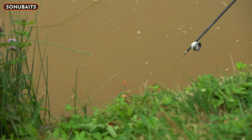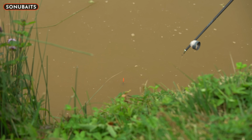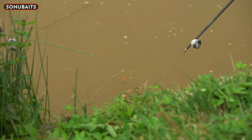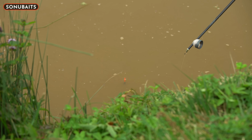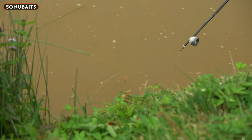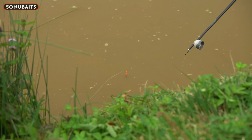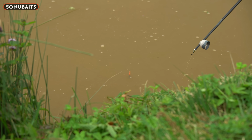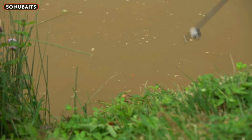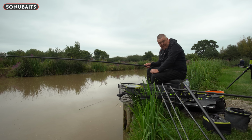Same again. What it does do as well, feeding how I have done, spreading the bait about a bit, it gives me another opportunity of a bite. When I have missed a bite like that, or a bit of an indication, I don't mind dropping back in and giving it a second go for a few seconds, because my pile isn't quite as intense as what it would be if I were tight to the bank. But what I am going to do, I'm just going to have this cast, and then again, just to learn and try and put a few more fish in the net, because this isn't fast and furious, but I wouldn't be unhappy with it. I'd be very, very happy with it, in fact,